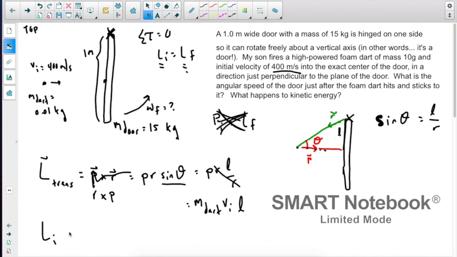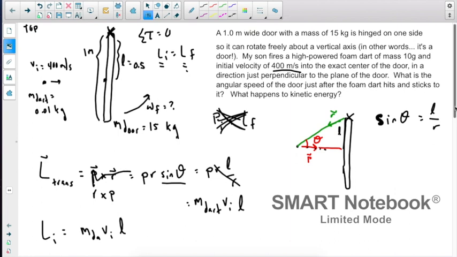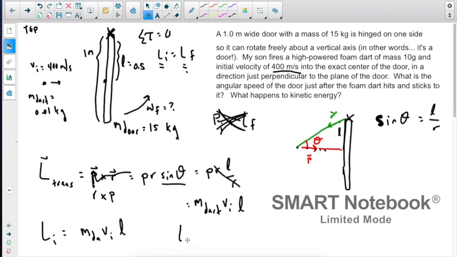Okay, so I know that my Li then is going to be mass of the dart times Vi times L, where L is, let's just define what L is. I know that the dart hits exactly halfway to the door, so my L is going to be 0.5, right? Okay, so let's think about now what our final angular momentum would be. Well, that is going to be the